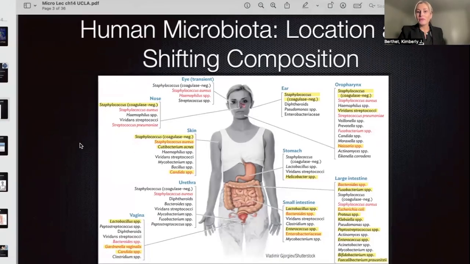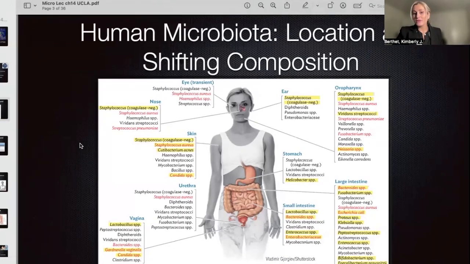Looking at the body, we have many different microhabitats in the body. So even just the skin itself has microhabitats. We have areas of more sweat, more salt. We have areas that are more dry than others, areas that are more exposed to oxygen, areas within the gastrointestinal tract, maybe that have no oxygen. So we're going to see a diverse group of microorganisms growing on the body and within the body.